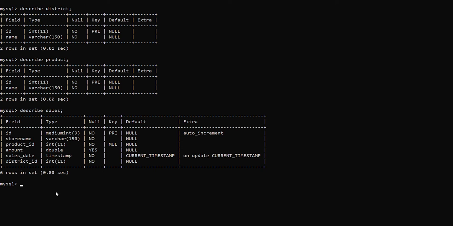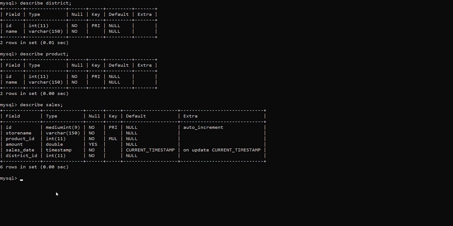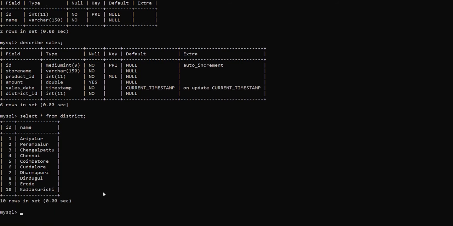First, we will see the data in each of the tables. Select star from district. It will show the list of rows available for the district table. We have 10 rows.